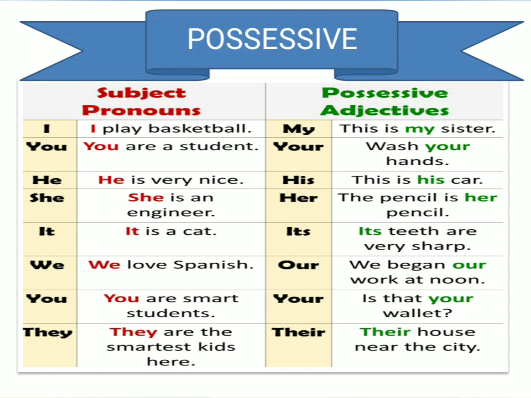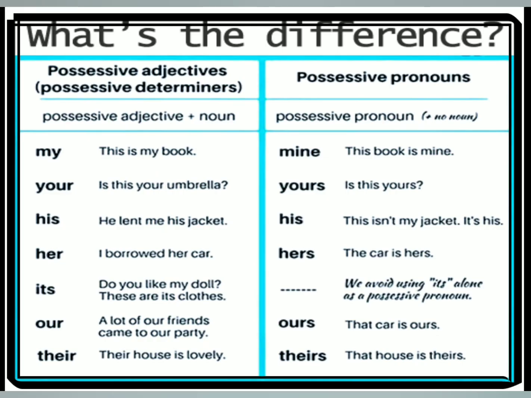My next style is possessive. This table is talking about possessive adjectives. As I said, don't confuse determiners with pronouns. They are not pronouns, they are adjectives. So you can see here how nicely this table says that the possessive adjectives are my, your, his, her, its, our, your and their.